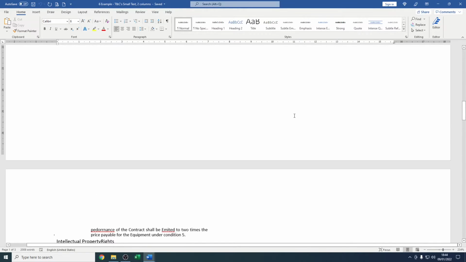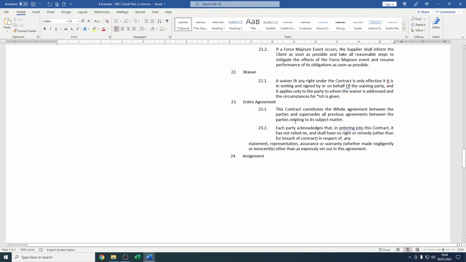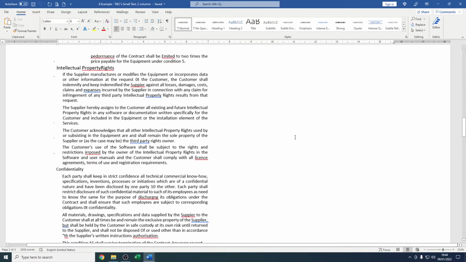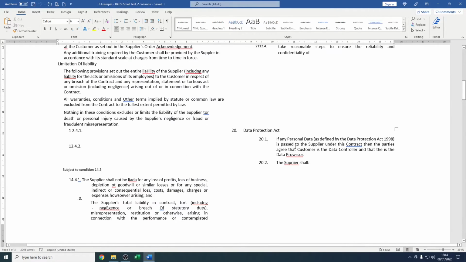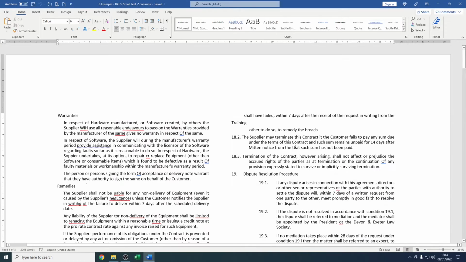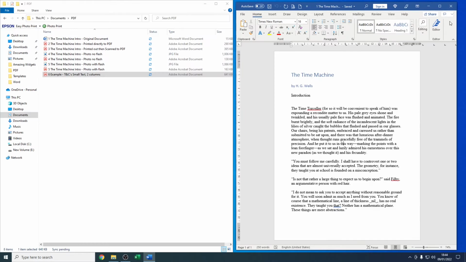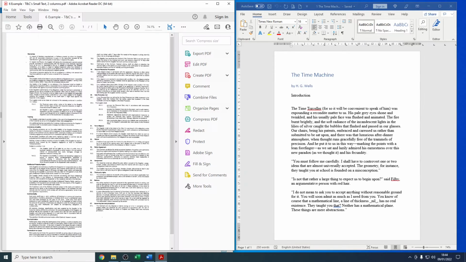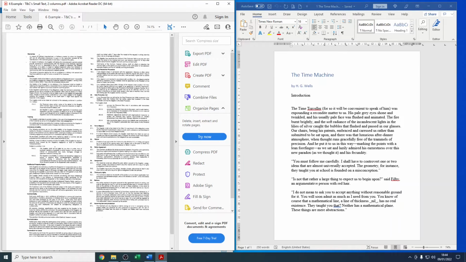It's actually not bad, but as you can see, it's broken up into different sections, and I think you might have a bit of trouble trying to get that back into how it was originally on the document. What I would recommend for any documents that are like this is, if possible, make them bigger. So scan them up on a photocopier, make them bigger, and do 1 column at a time. So if you need to, separate them out before you scan them into a PDF. Either cover up the other half with a piece of paper when you're scanning it, or do something to separate them out. Otherwise you're going to have a lot of problems trying to sort out the document when it comes in like that.